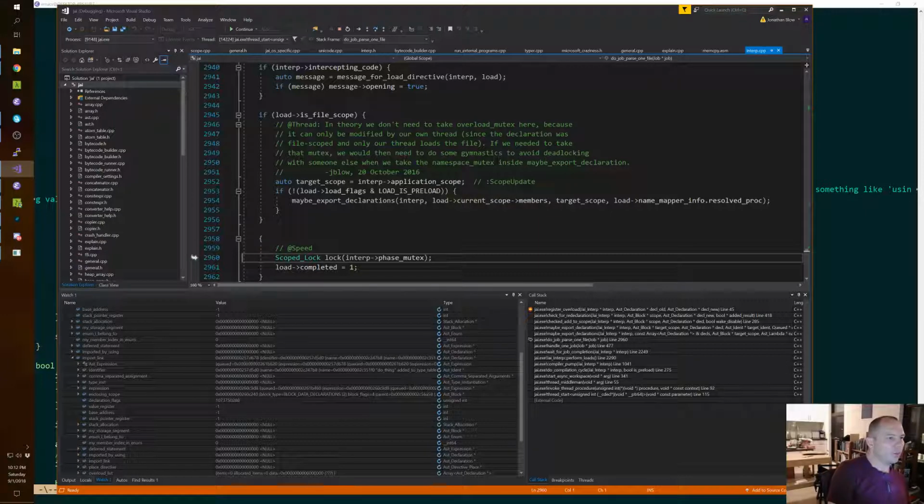Okay, this is a thing that we do across an entire file after we're done loading it. It's a little bit weird.